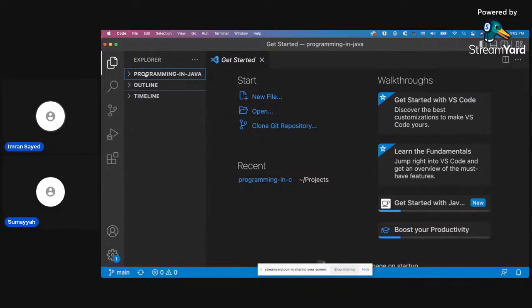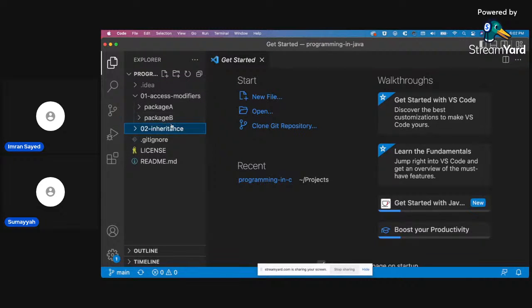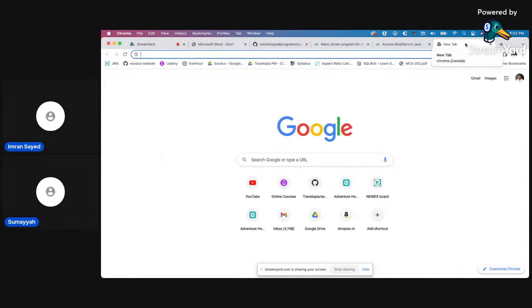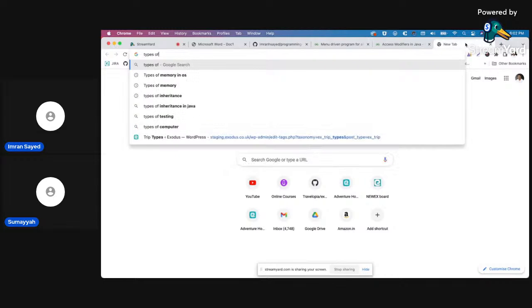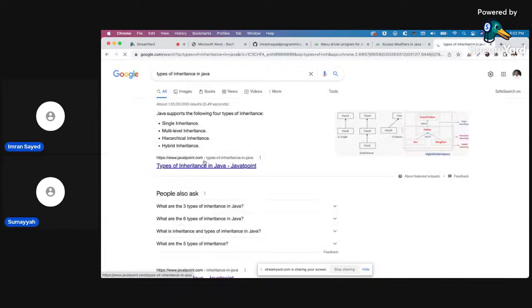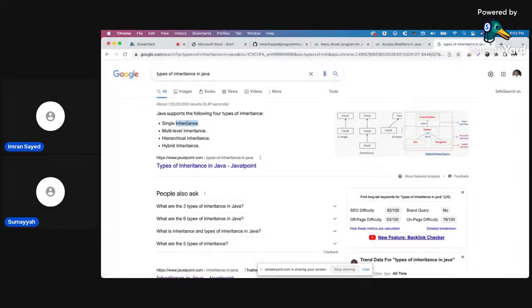Just find it a little difficult. Let me refresh my memory with inheritance. Single, multi-level, hierarchical.